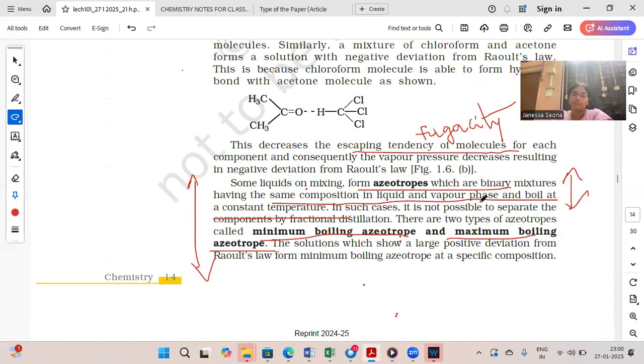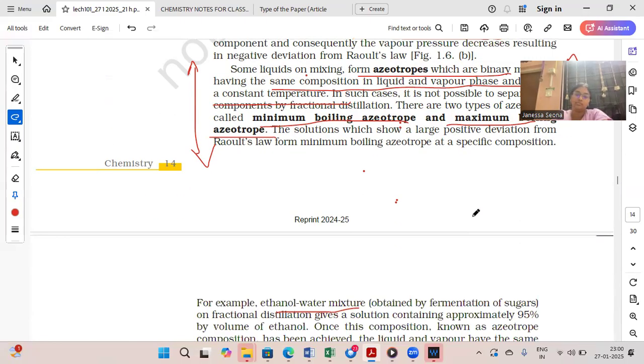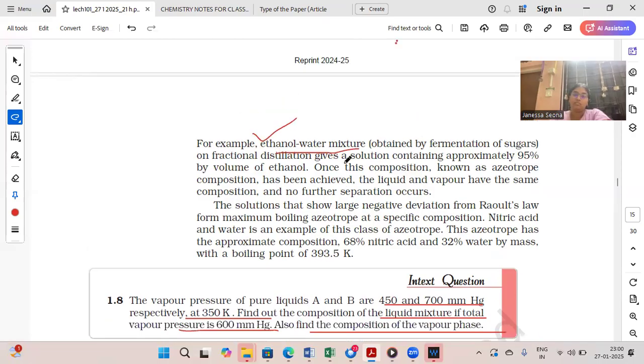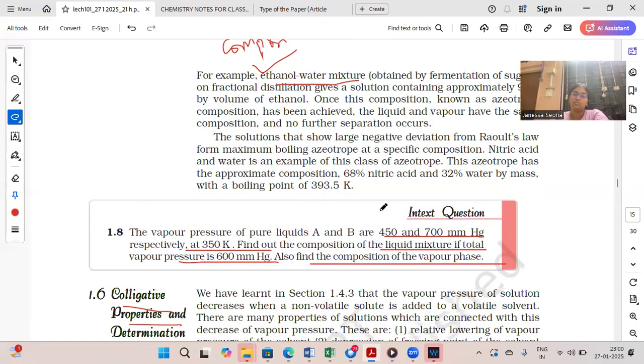They boil at constant temperature. One example is ethanol water. There should be some azeotropic composition also. Azeotropic composition of ethanol water. Likewise, azeotropic composition of